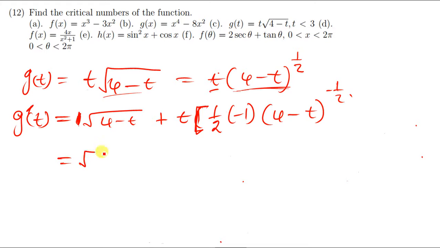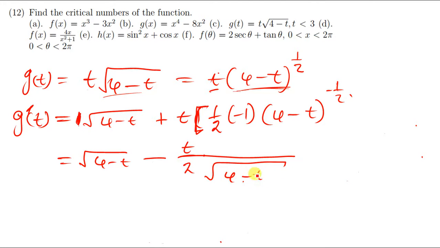Let me just simplify it further. So we have 4 minus t there, then we have t over 2. This will be a negative because of that negative 1. So you have negative t over 2, and then the root of 4 minus t. Okay, so from there we can now simplify this expression. We're saying this part, g prime of t, when we're talking about critical points or stationary points, is equal to 0. So what this means is that